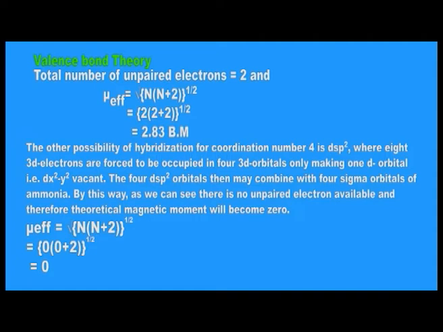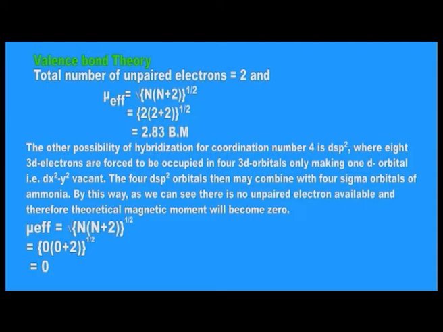The other possibility of hybridization for coordination number 4 is dsp2, where 8 3d electrons are forced to be occupied in 4 3d orbitals only, making 1 d orbital, that is dx square minus y square, vacant. The 4 dsp2 orbitals then may combine with 4 sigma orbitals of ammonia. In this way, as we can see, there is no unpaired electron available and therefore the theoretical magnetic moment will become